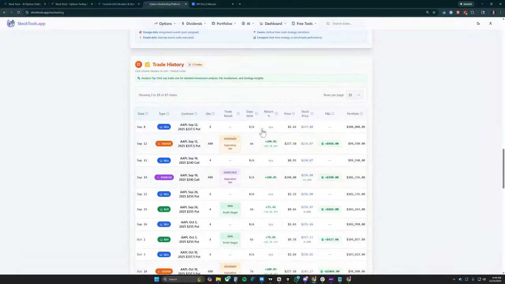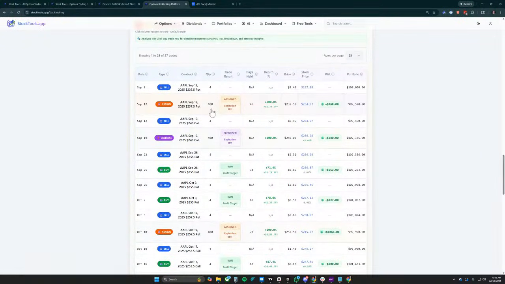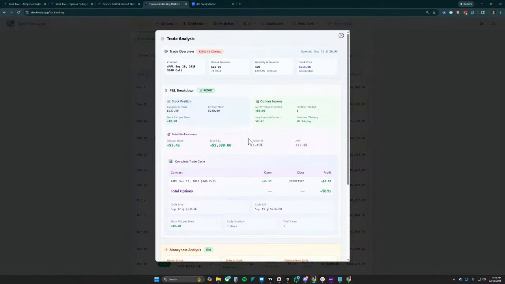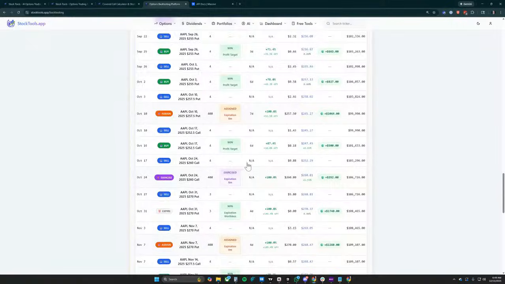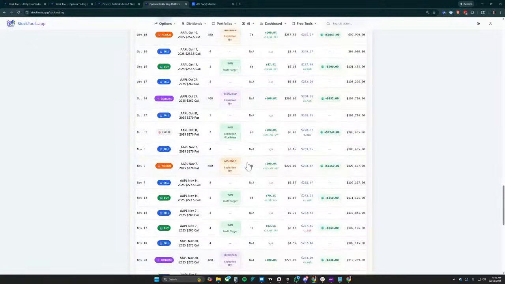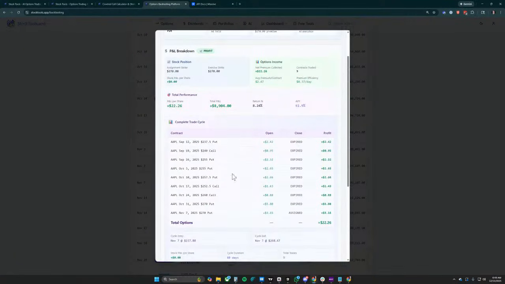Yeah. And so this is just a breakdown of the trade history of what happened, right? So going through, you can see we were assigned, and then we had 4 shares, and then we can actually click into this and see all the details. I want to see one that actually had a couple. Yeah. So here we can see the whole flow, where we finally were able to collect all $22 of premium over the trade life cycle.